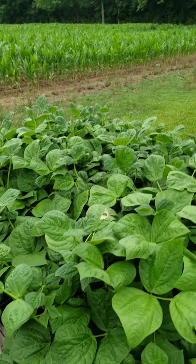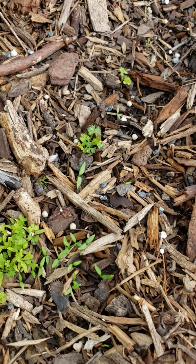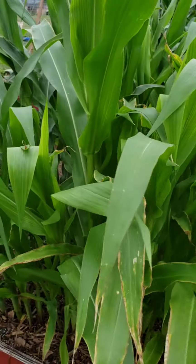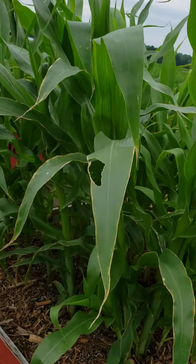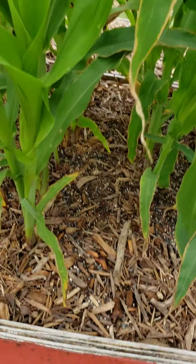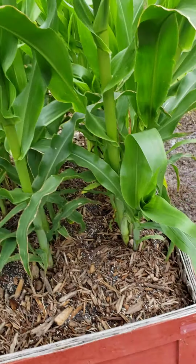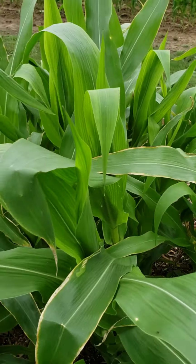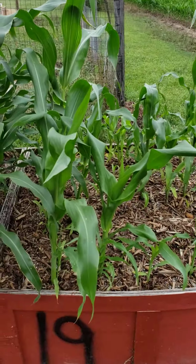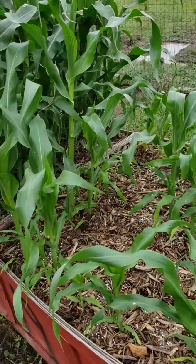Green beans. And I'm going to go a little out of order, but these are some parsley that is being kind of starved out. This is white hybrid corn. White hybrid, so it'll be kernels that grow solid white. Like I said, good, healthy stalks. This is the regular run-of-the-mill sweet corn. Not growing as vigorously as the other hybrids, but...